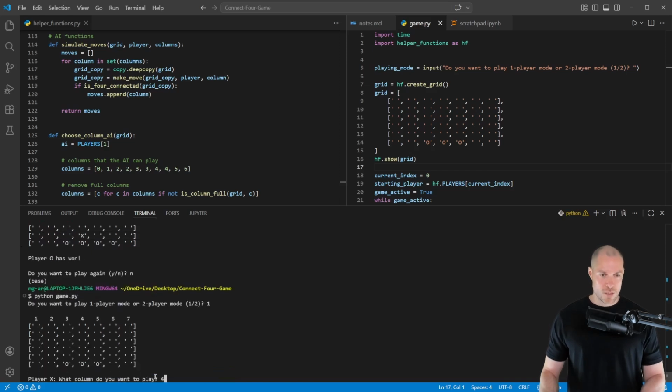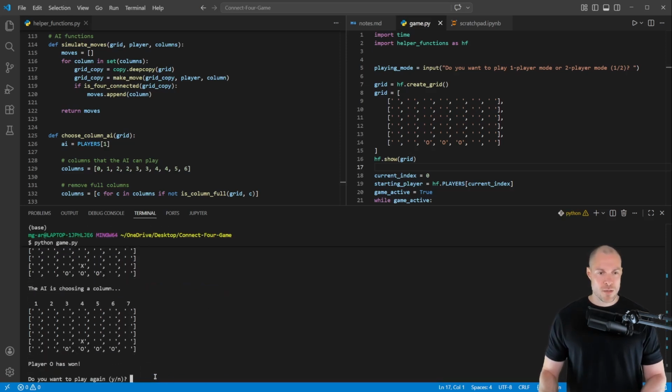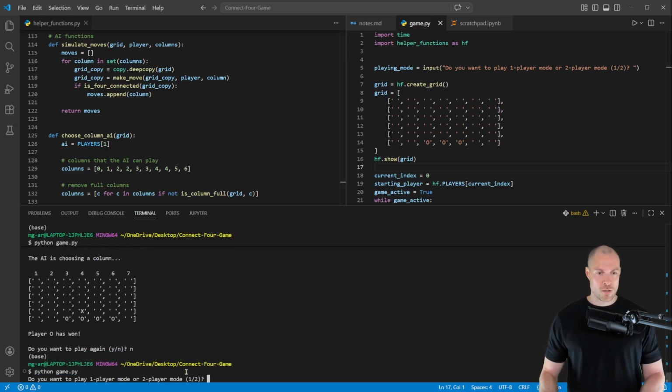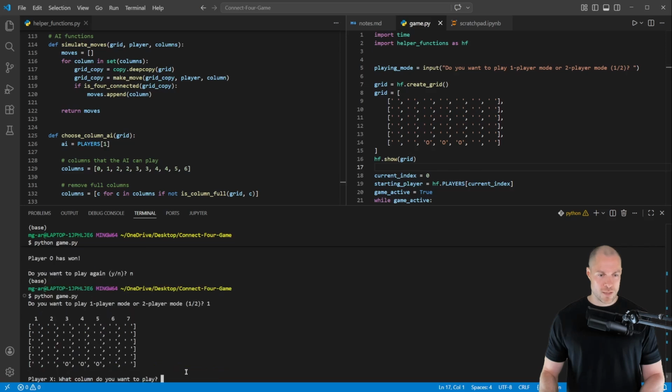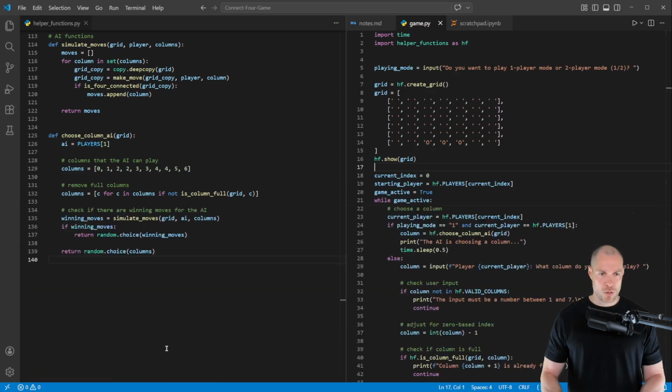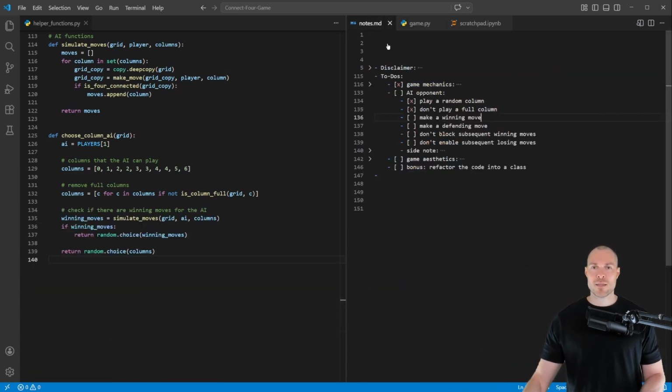So let's here play again column 4. And again, it played here column 2. So now let's just do it for a third time. Maybe it then plays column 2. So one player mode and then column 4, and this time it played column 2. So as you can see, our code is working, and therefore then we can check off here the next point